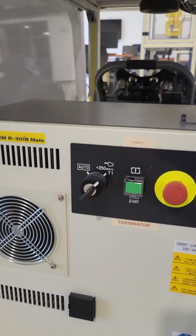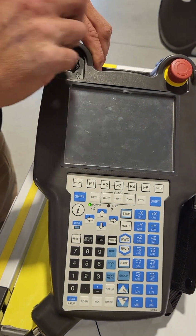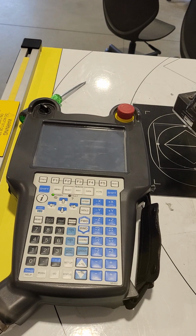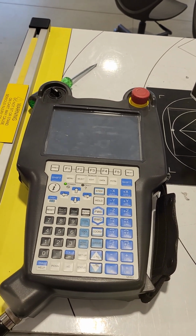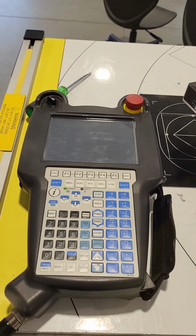The next thing we want to do is at our teach pendant, we want to make sure our teach pendant is switched to the on position. That's the two key things to being able to jog the robot, is making sure the key is in the hand position and your teach pendant is turned on. So once this thing gets finished booting up,